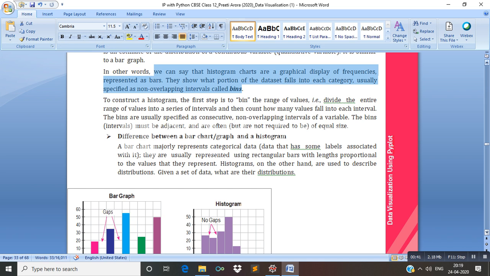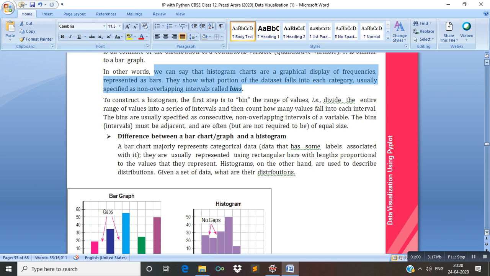So here you can find histogram charts are a graphical display of frequencies represented as bars. It means in a histogram, bars will represent frequencies.